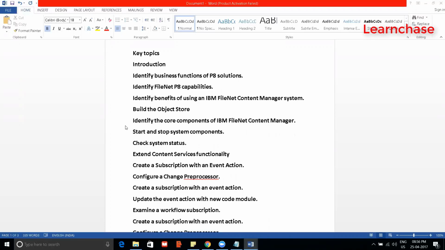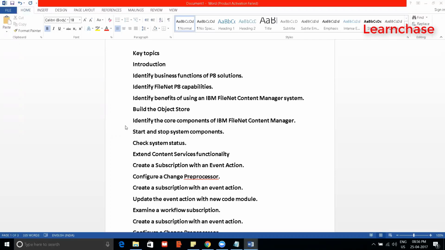the scenarios where the solutions will be used. There are multiple solutions we can implement, there are case managers, and then the imaging solutions can also go with this. So we can give these case-based scenarios with them. And then there are content service functionalities also there, like events, means how to create the event, how to create the subscriptions, and how to build that for the case-based scenarios. So I can give that within this course as well.